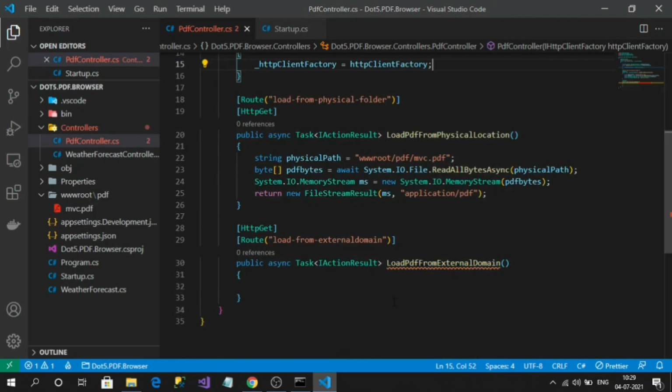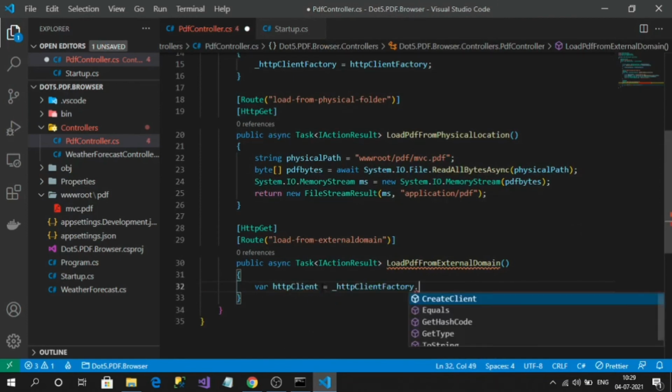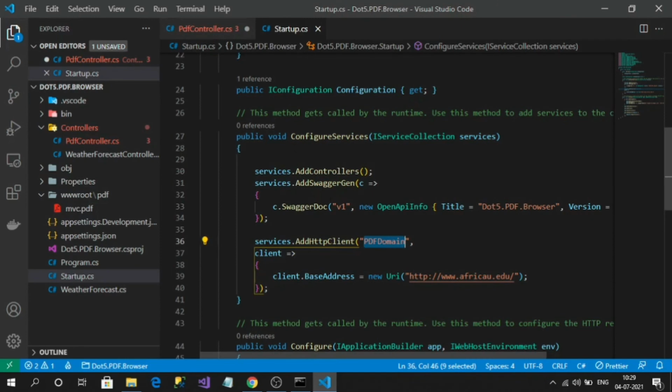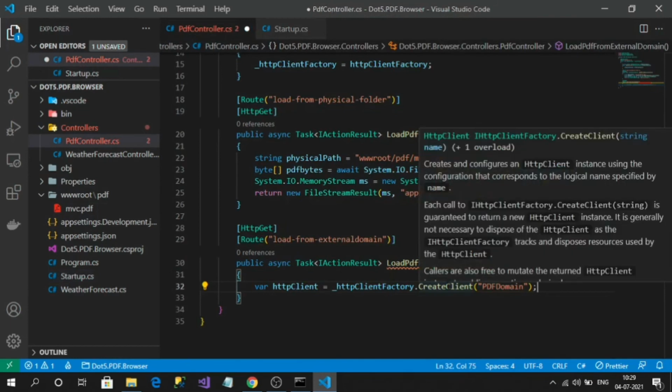Now I want to create the instance of the HTTP client. Okay, the client equals the client factory create client, and here we need to pass my registered name. What is the registered name? PDF domain. Okay, so if you hover over here, you can see this create method ultimately returns an HTTP client.